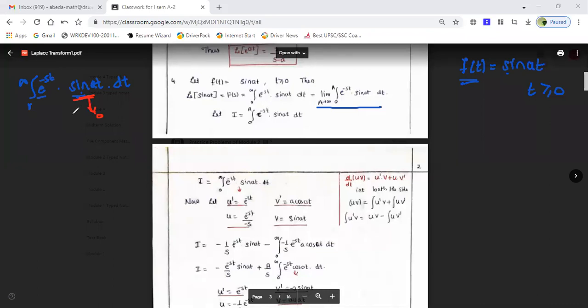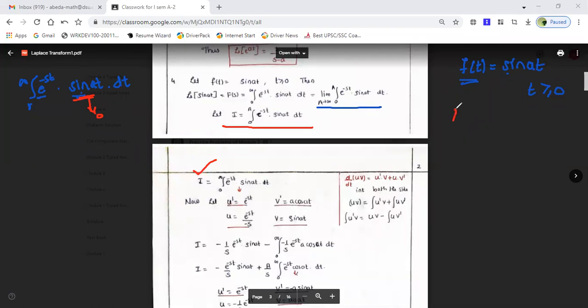So what we use here is a methodology: whenever you're getting a repeat integration, we use a method. We consider whatever integral we want to find out as I or some other name, and then we integrate it by using integration by parts. Now how to remember integration by parts? No difficulty guys, I'll give you a trick to remember it.